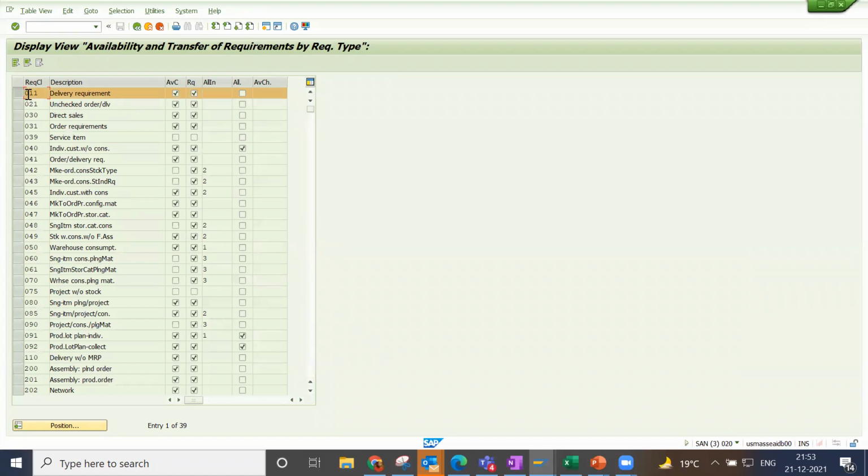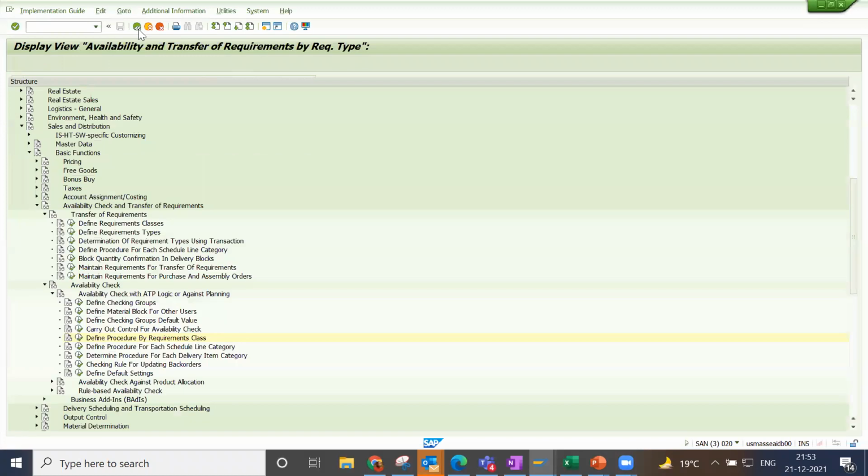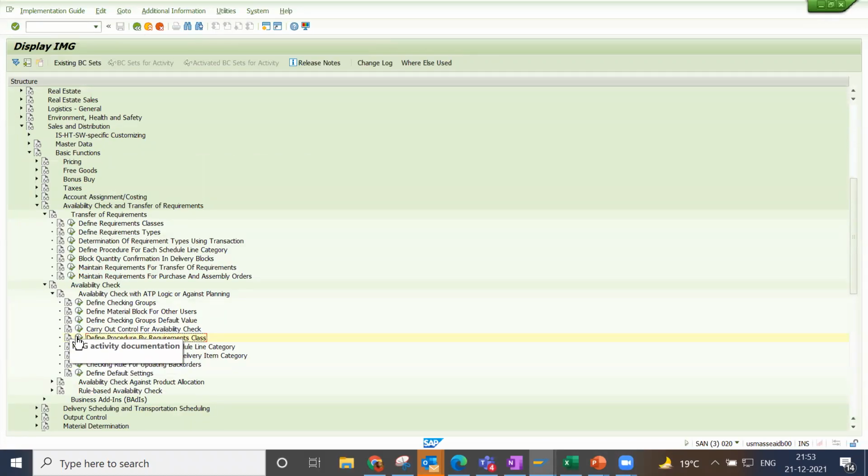This requirement class is always assigned to the requirement type, and the requirement type controls how the system should check the stock availability in the sale order. That happens in the background.